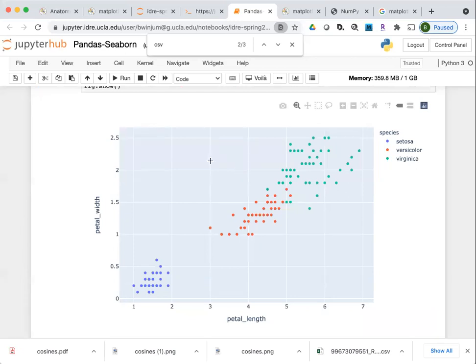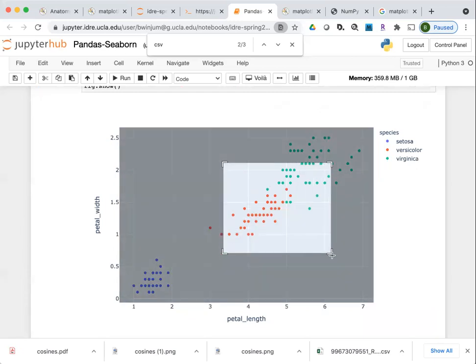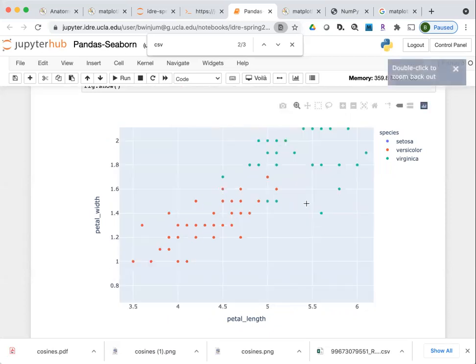But now if you drag your mouse, you can select particular regions, say where it will zoom in. One of these will be like a hand. Actually, I don't remember how to do that. But this has interactivity built into it. So you can zoom in, you can zoom out, you can pan across things.